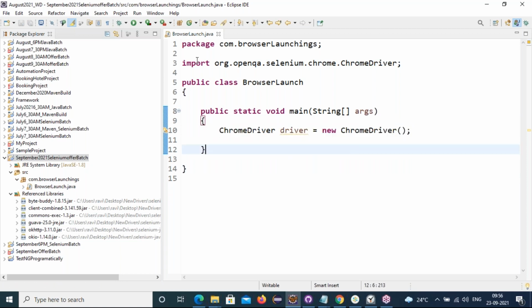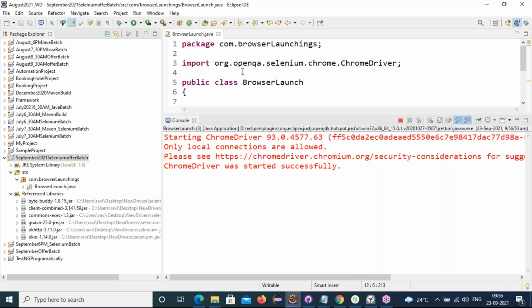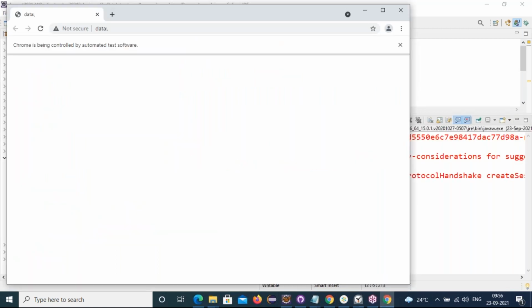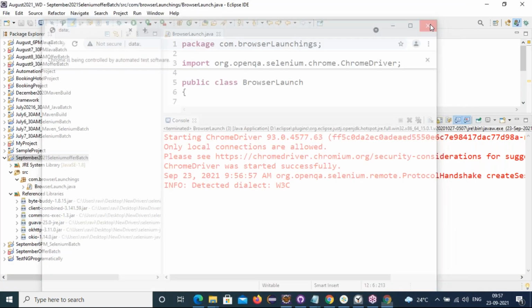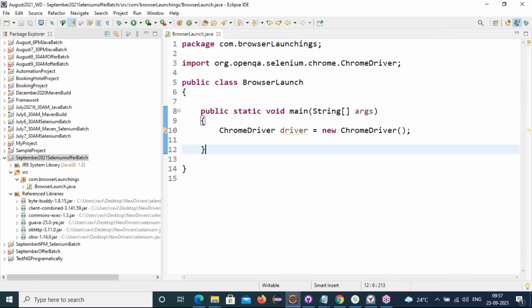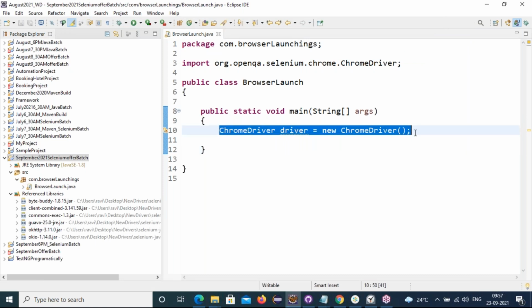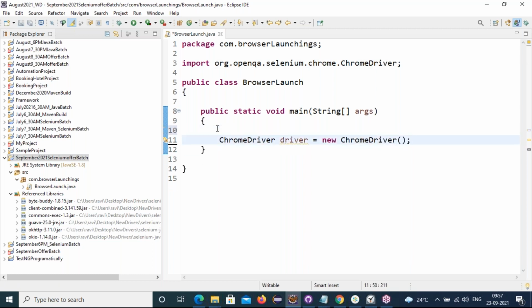Now let's try to run this program. It should execute and open the Chrome browser now. Let's run this program. It was opening, friends. In your case, the browser will not open because ChromeDriver has to be set up before launching the Chrome browser. Otherwise, it will say the ChromeDriver is required to launch a Chrome browser. Some error will be thrown. In my case, it is not showing, sir, because I set my ChromeDriver path in the system environment variables. Understanding, friends?